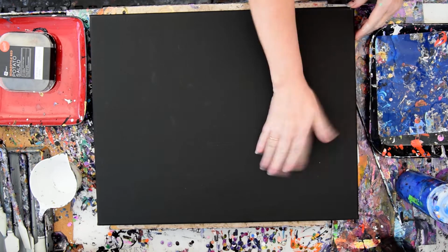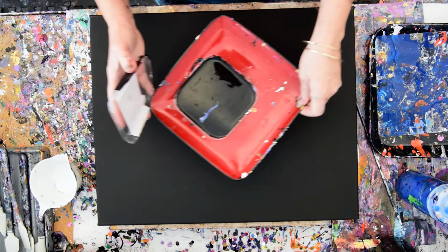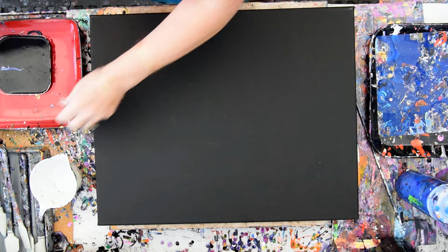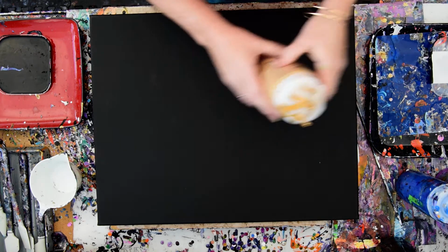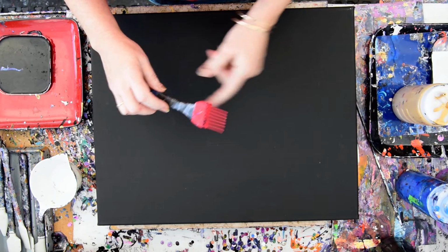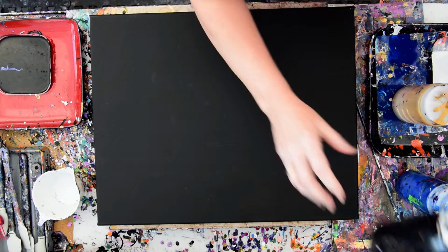This is a 16 by 20 inch canvas. I have some leftover paint with some blue in it that was black enamel and I don't want to waste it. I suppose I could pour it back into the jar. I've got tri-tips and basting brushes and I've got chain and a cup. I thought I might put a ring pour in, but I'm going to start